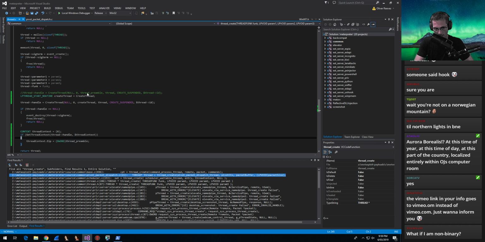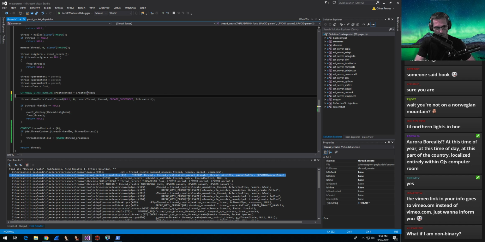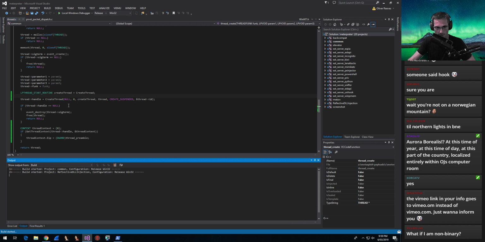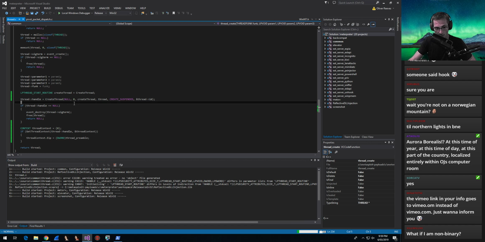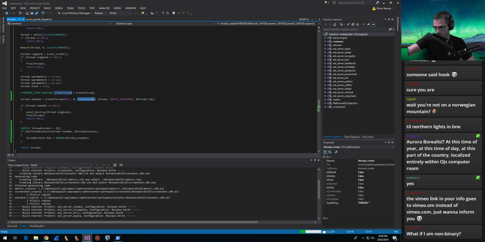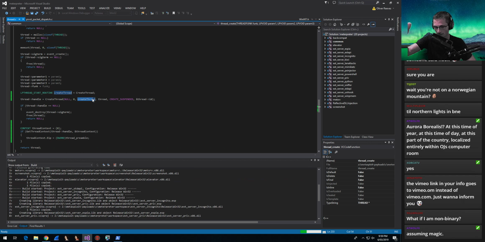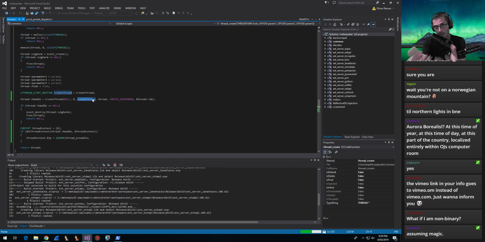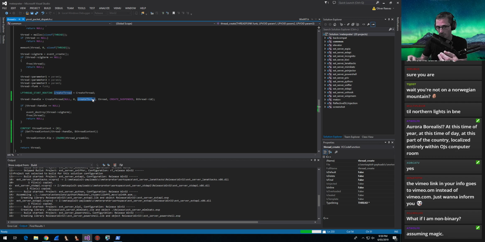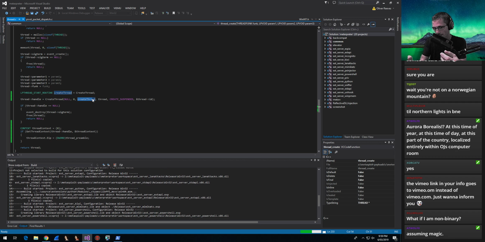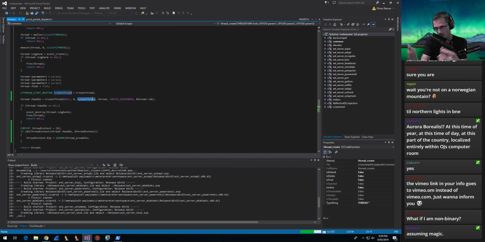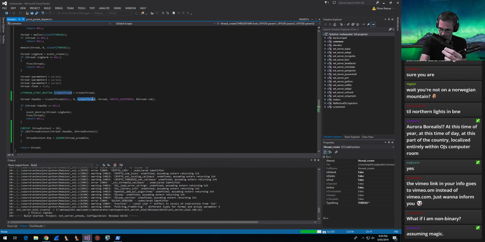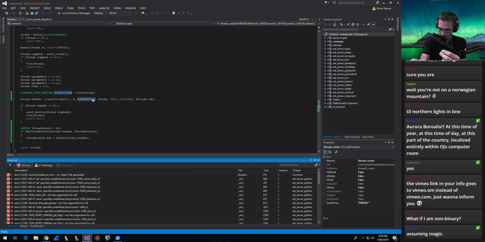Can everyone see what I'm getting at here, right? So we're going to pass in create thread as a pointer. We're going to call create thread, and the thing that we want it to invoke is create thread. But we're doing it suspended. So create thread won't actually get invoked. Instead,